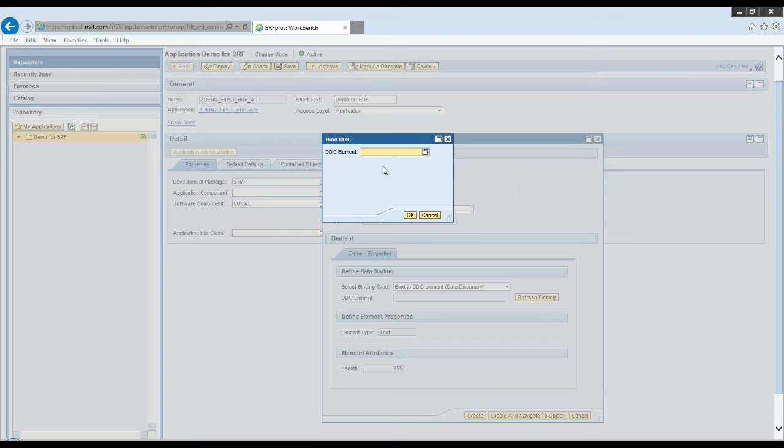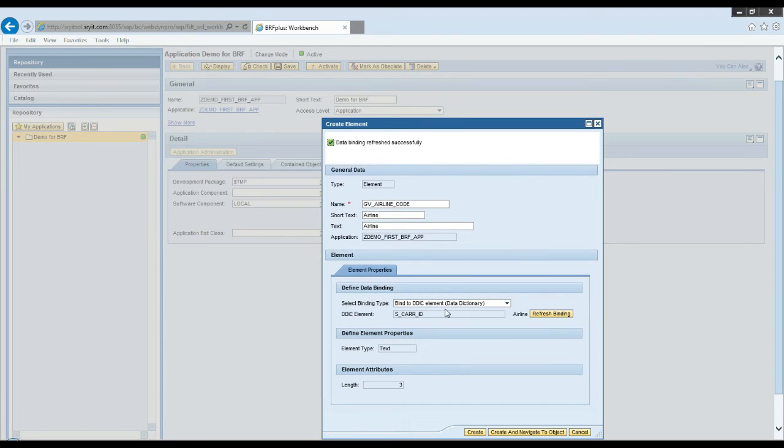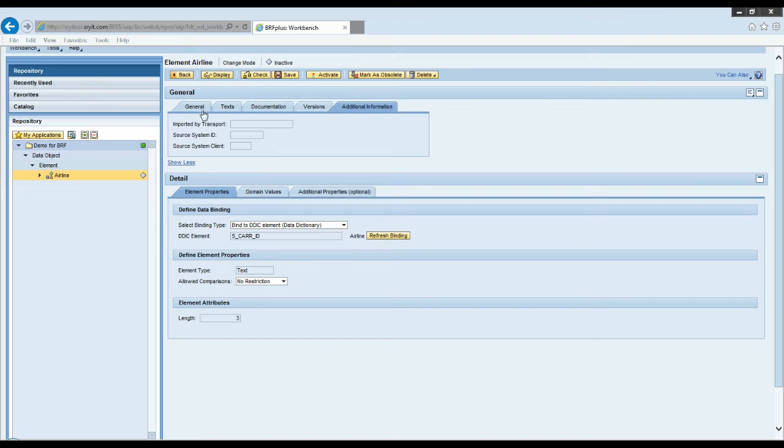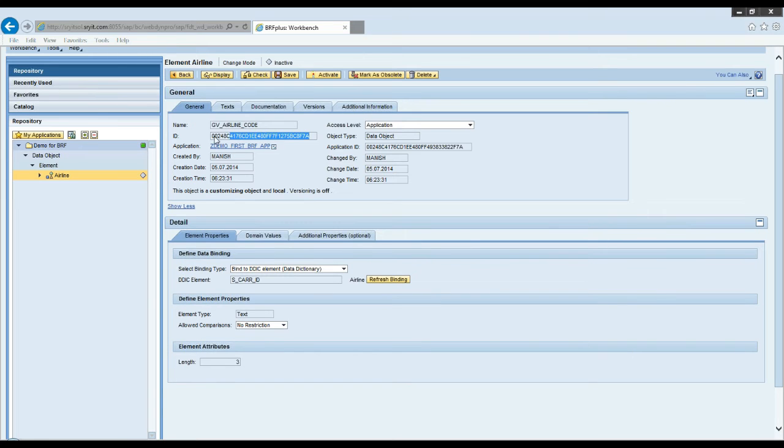Let's say I bind it with an S_CHAR_ID element. So now it is linked to a data element of the data dictionary. So I say create and navigate to object. You can see again, show more details. Every object will have a unique identifier. You can see that in the general settings.